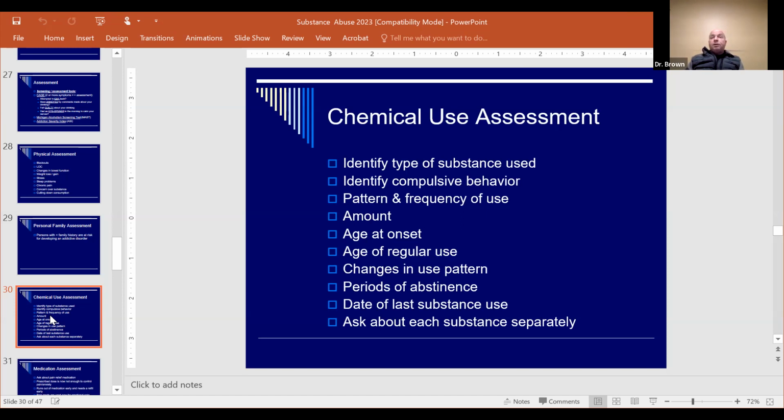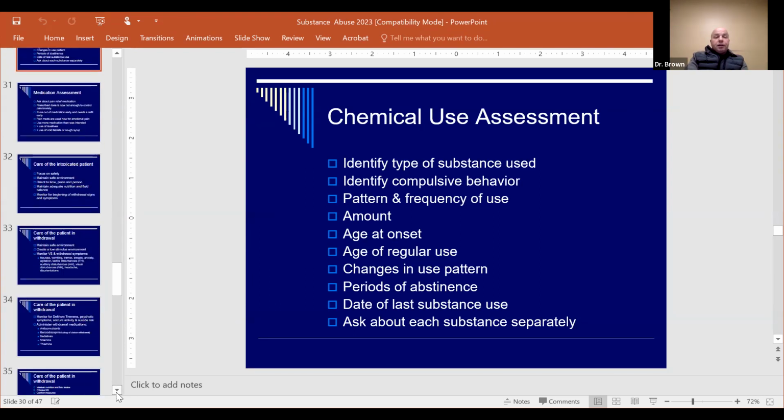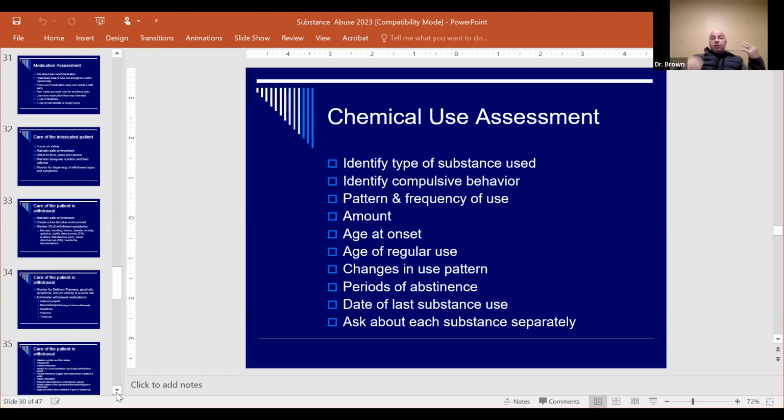And again, date of last substance use. So again, you want to find this out, because you want to find out as far as when you might expect withdrawals. And you always want to talk to them about DTs, delirium tremens. And again, ask about each substance separately, because some patients will tell you, okay, I stopped using cocaine and I stopped using heroin, but I'm still using